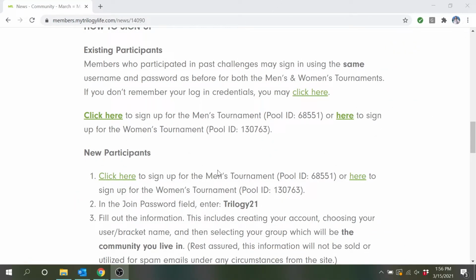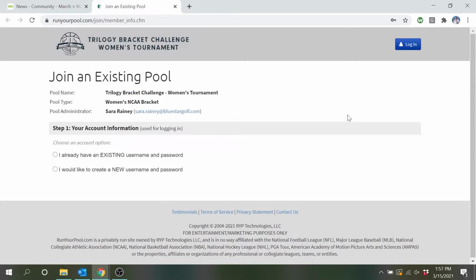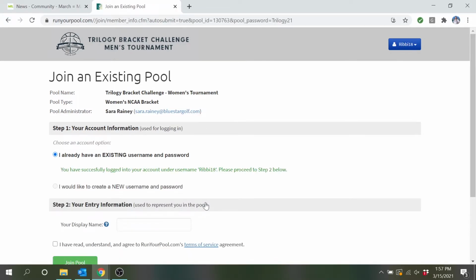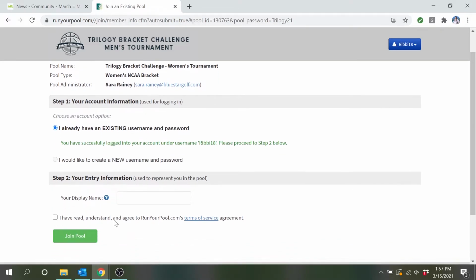For existing users, I'm going to show you the other way that you might go through that process if you have not participated in the bracket challenge before, but you have participated in, say, the Survivor Pool. So I'm going to do that by clicking into the women's tournament here. I'm going to click that I already have a username and password, and I'm going to put my same credentials in here. Click Continue, and instead of that pop-up that we got, you'll see that you just need to enter